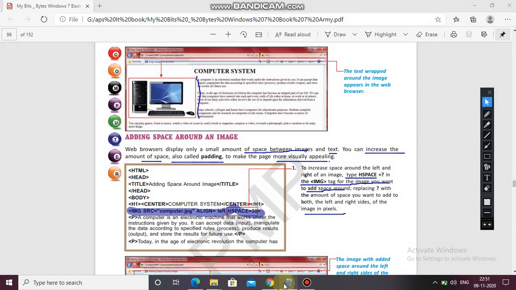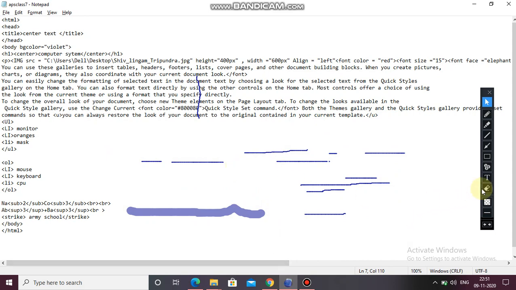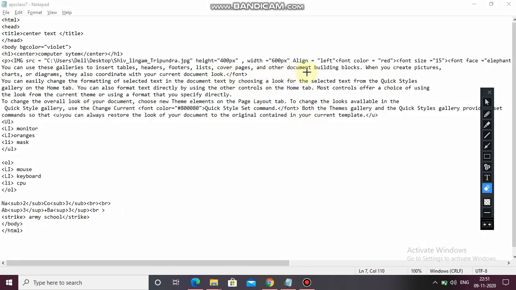So let's see what happened in this. Here we have given align left, so writing hspace 50. So hspace equals to 50. Clear?